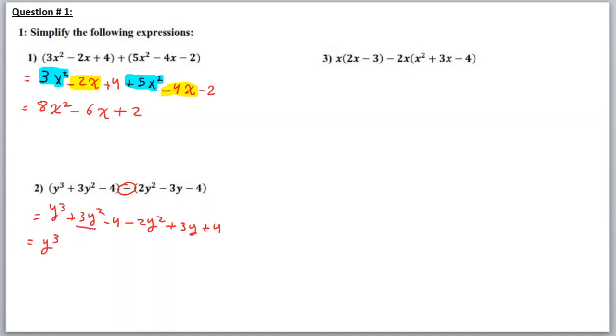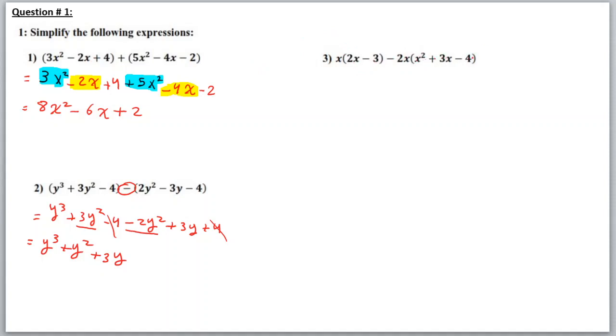We have 3y squared with minus 2y squared, so it will be plus y squared. 3y, I copy it here since there is no other y, and then minus 4 plus 4, they will be cancelled, so this is the final answer. Okay, number 3, we have x multiplied by 2x minus 3 minus 2x multiplied by